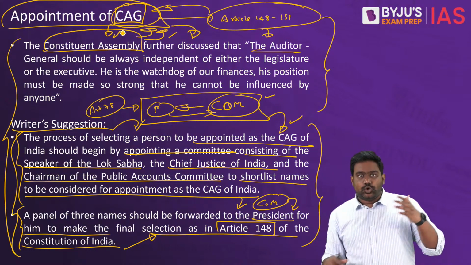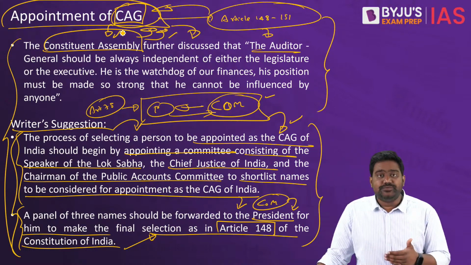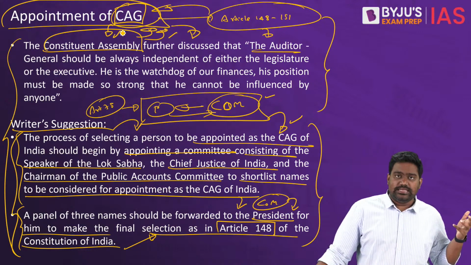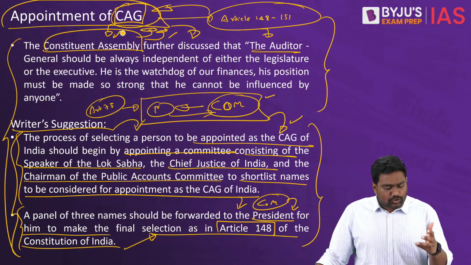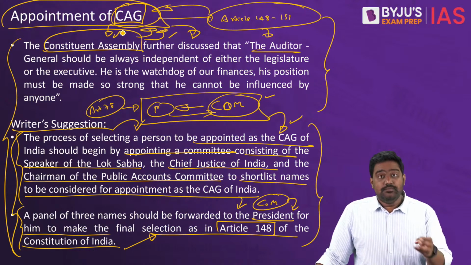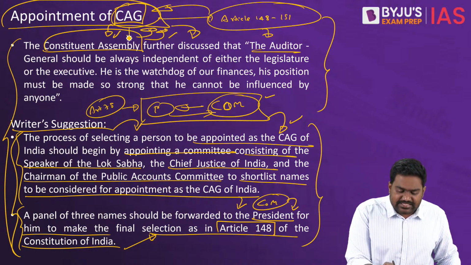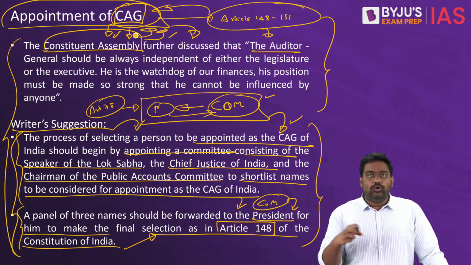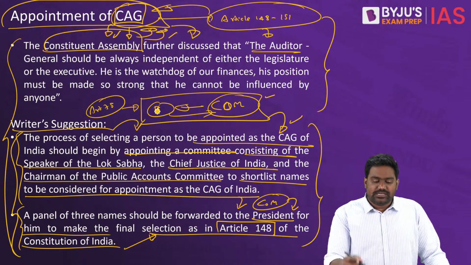Now, the judiciary has its own appointment process through the collegium system. The Election Commission has also got its independence due to the recent Supreme Court judgment. Of course, the governor's office has been compromised, but the writer is saying at least the CAG's independence should be protected by taking the discretionary powers out of the government, reducing the role of the government in the appointment of the